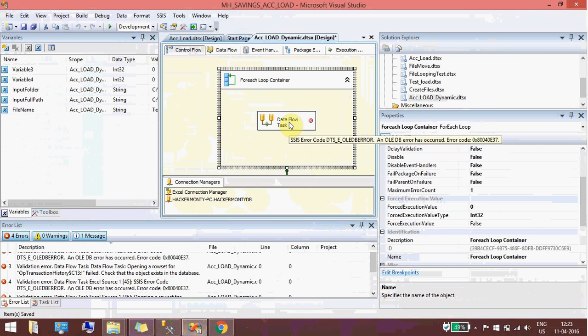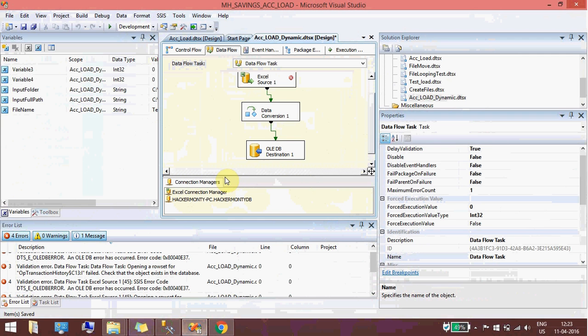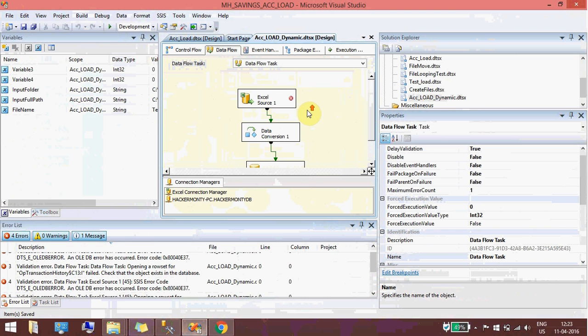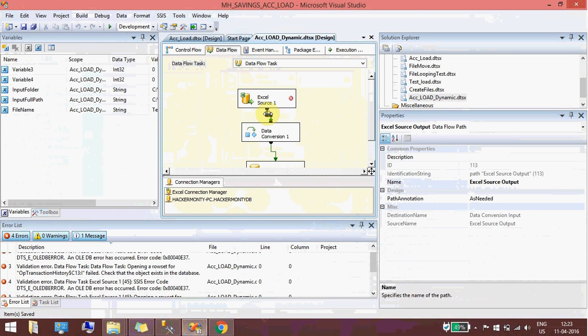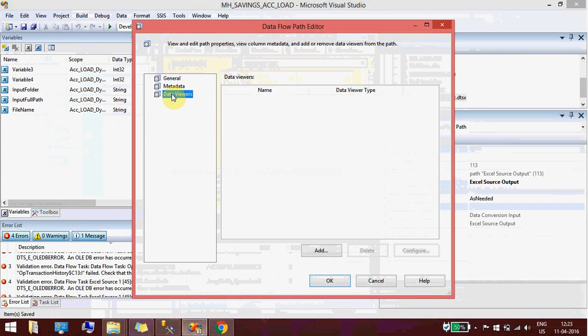Okay, so I'll save this. I'll use a data viewer, I'll add one.